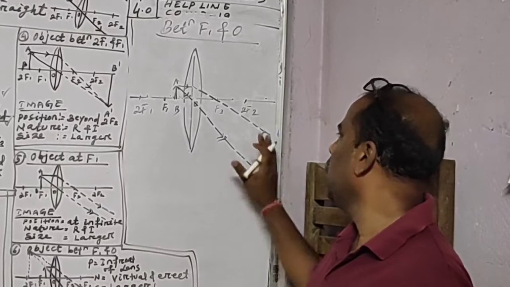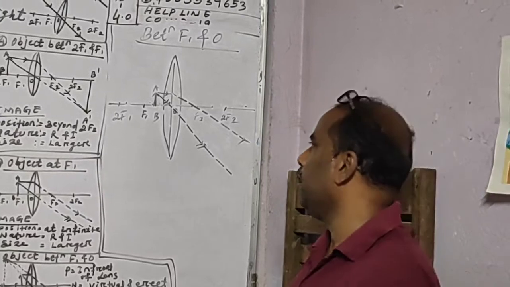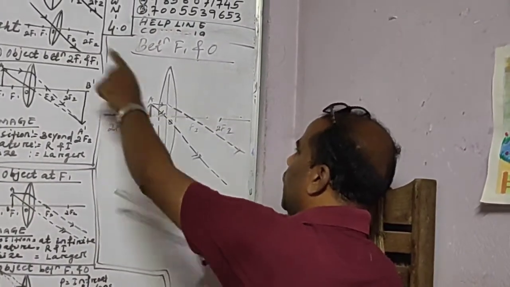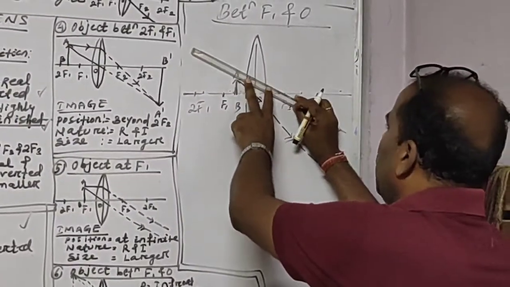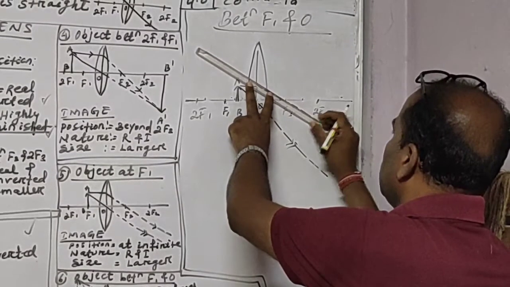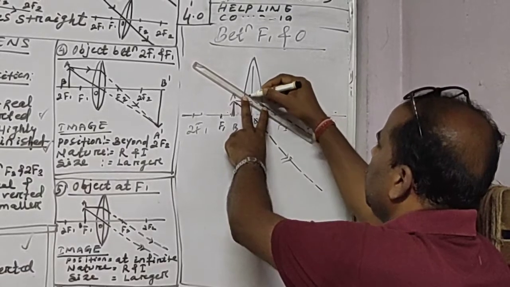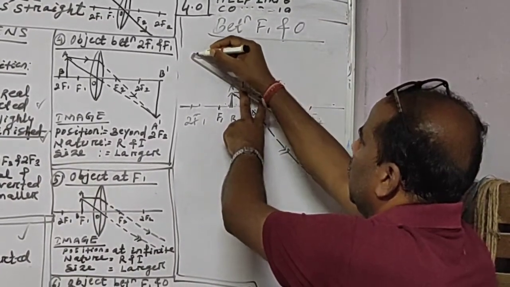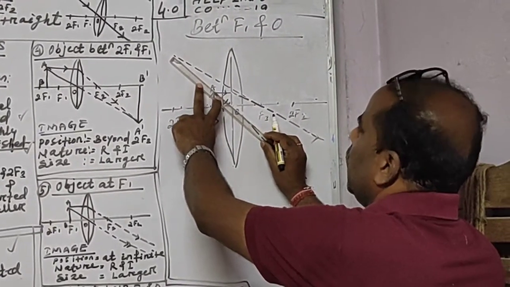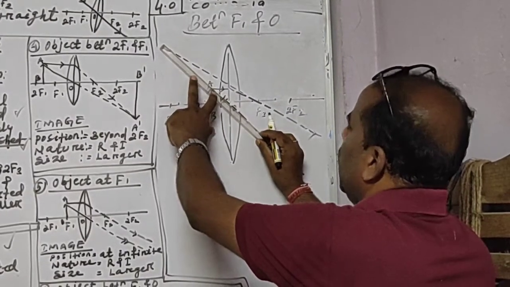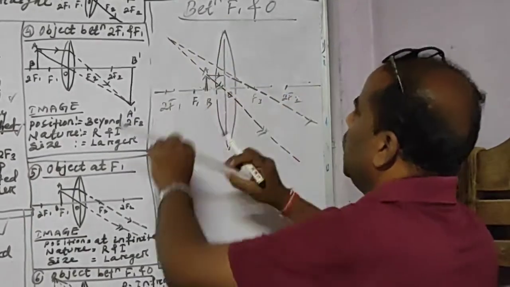So as it will not intersect, we have to imagine where it will intersect. Now it may intersect behind, on the back side. So what we have to take? We have to take the scale. Half of the scale will match with this first line, and half of the scale will be away. So we will just make it a dotted line on the back side. And now again we have to go to this line. Again half of it here and half will be outside. Then we have to draw a dotted line.